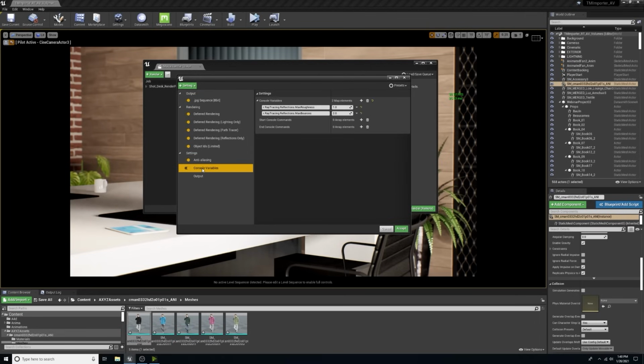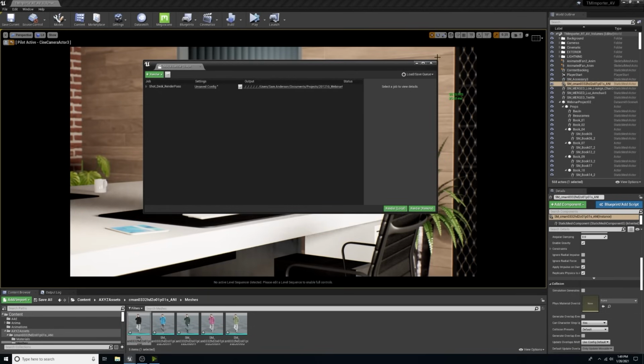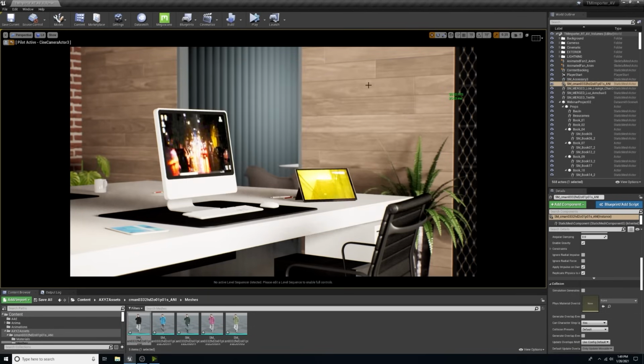So this is going to be very helpful in creating a very high-resolution image or animation. It's going to allow you to refer to the post-process volume rendering feature settings that we had created earlier in the webinar. And it's going to allow you to max these out without compromising the computation time for the real-time scene that you have. So it will bump up these settings for the render, but won't affect the settings in the post-process volume. So I'm going to close out of this and show you the Remote Control API.